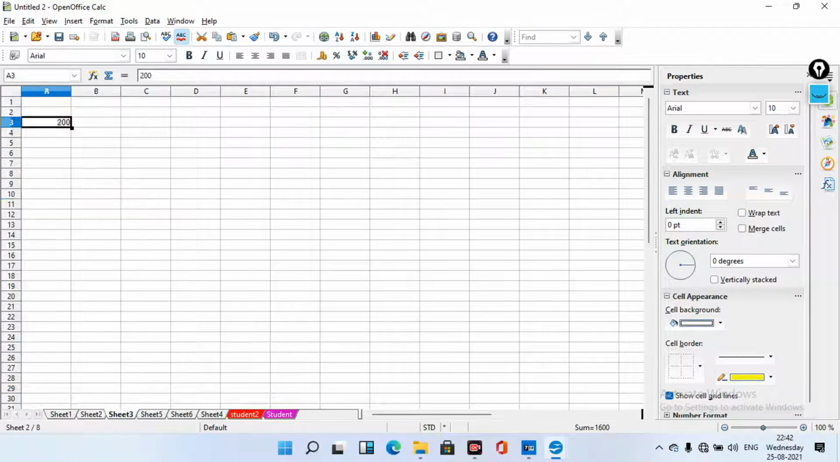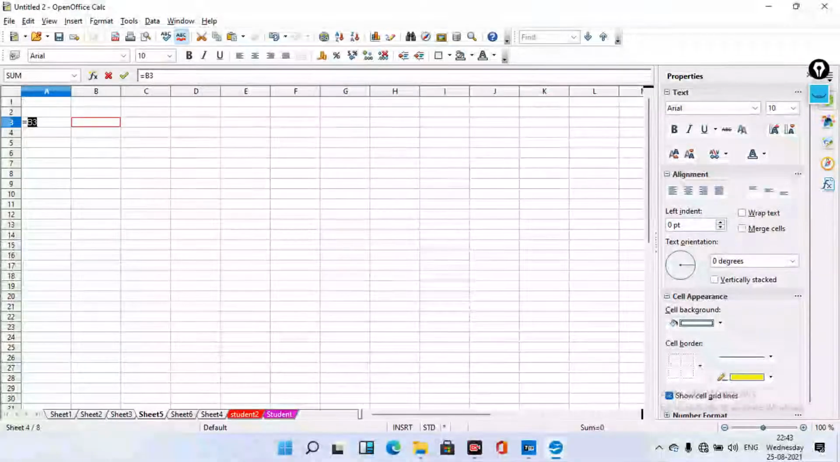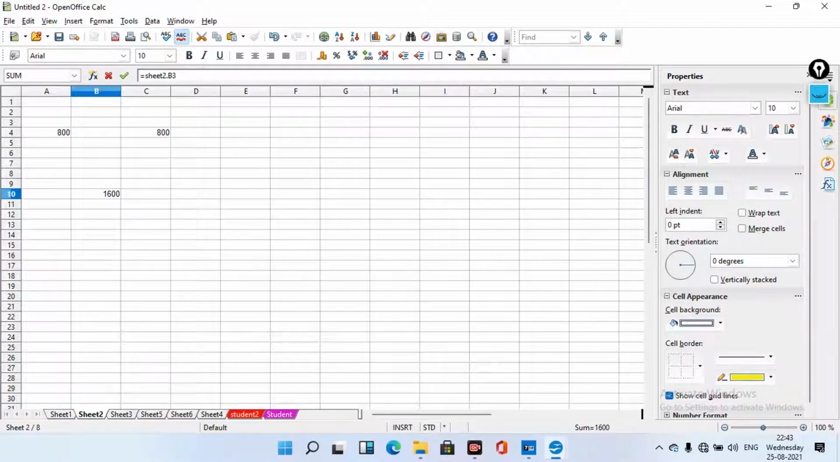Suppose I select one more sheet and enter the value 200 here, and take one more sheet. I want to add the sheet 2 and sheet 3 values. For that I have to give the formula: equal to, and select sheet 2. I have to select this cell, sheet 2 dot cell reference B10,